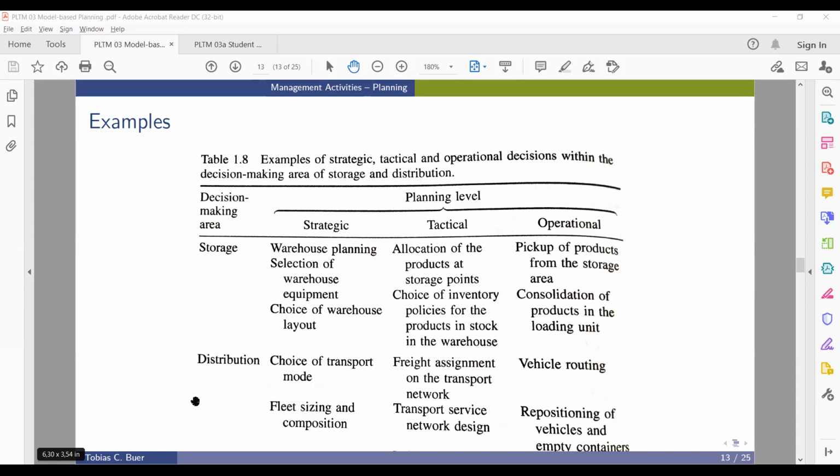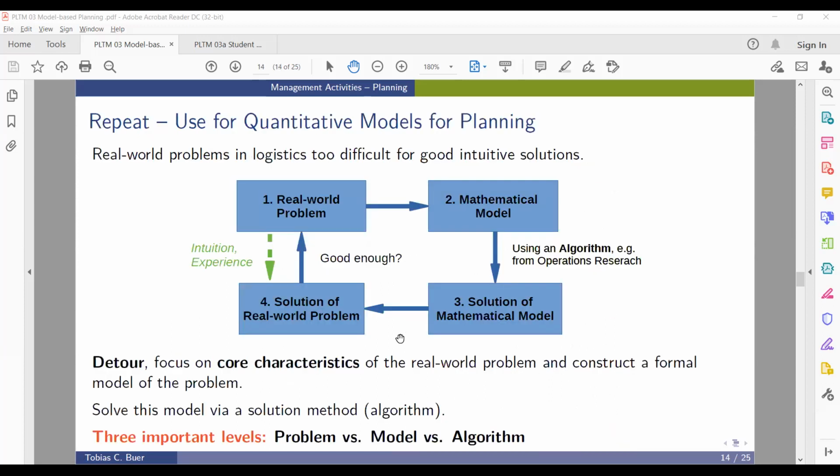Okay, we don't need to go through all the examples, just so that you see a little bit the different extremes between strategic and operational decisions. Now our time is over soon. So you already know this picture. I will end the presentation now and restart it, and you can log in again, and then you can explain to me how this picture works, how this process of these 4 steps works. This is what I'm going to ask you after we restart the session. What is the message of this picture? See you soon.